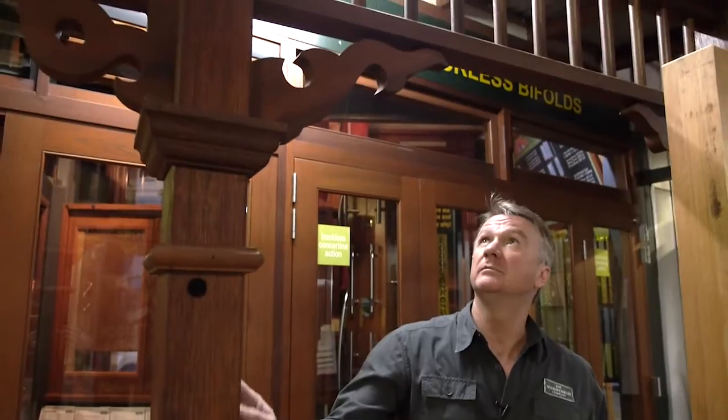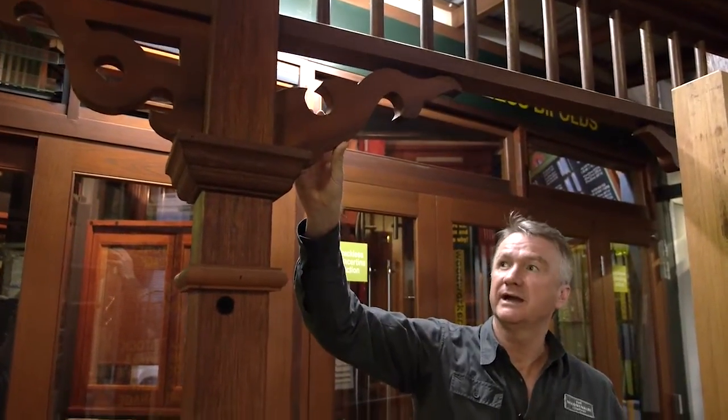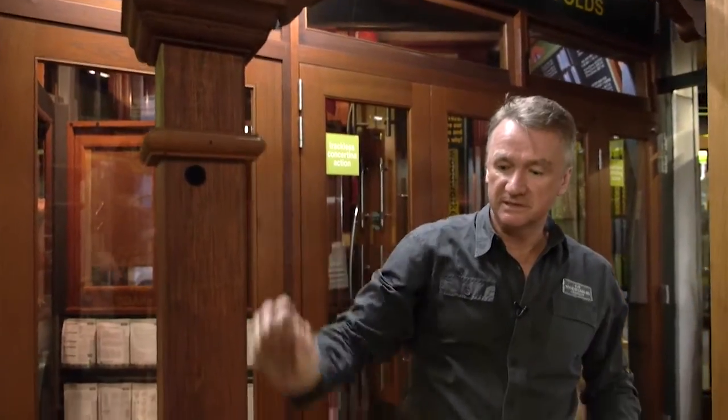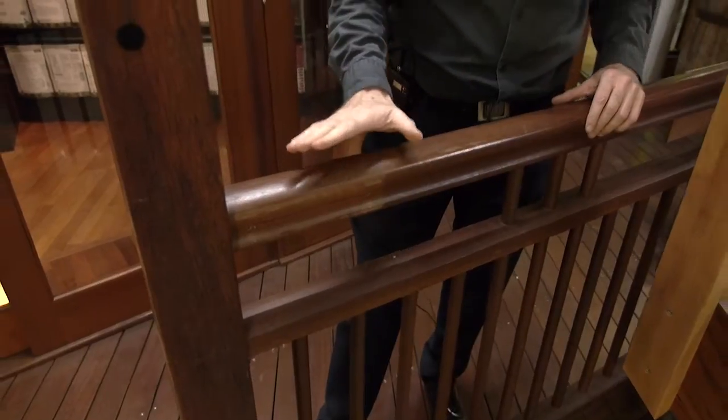Today we're at our retail outlet in Maruka and we're standing on what is basically a typical veranda, and we can see the general components that are used. We have a valance at the top, we have the veranda brackets, the post molds and the balustrade down the bottom. So what we'll do today is see how to measure up for a balustrade and how to fit a